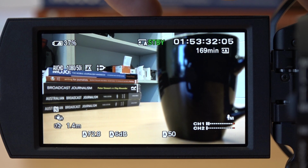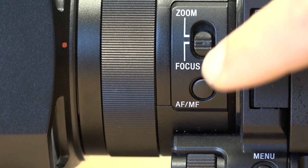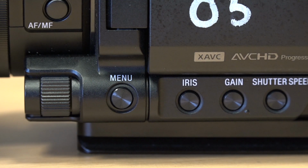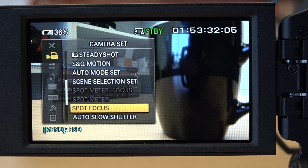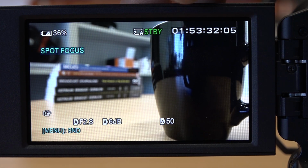Another trick is to focus using the touch screen. This option is only available in the manual focus mode after pressing the AF/MF button. Then press the menu button, use the toggle on the side of the camera to select camera set, and then scroll to spot focus. You can now touch the screen to manually choose what you want the camera to focus